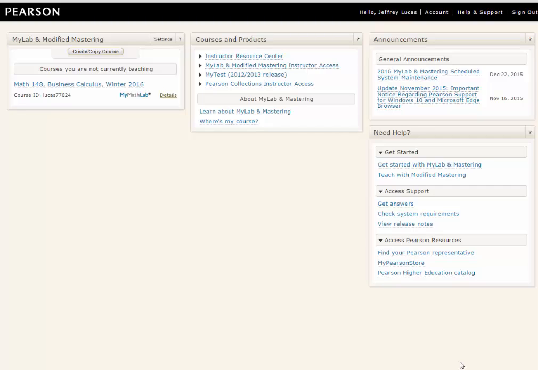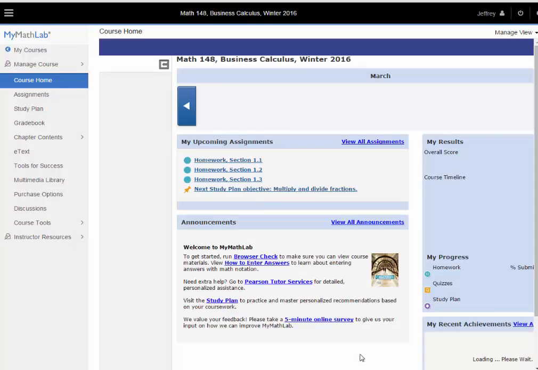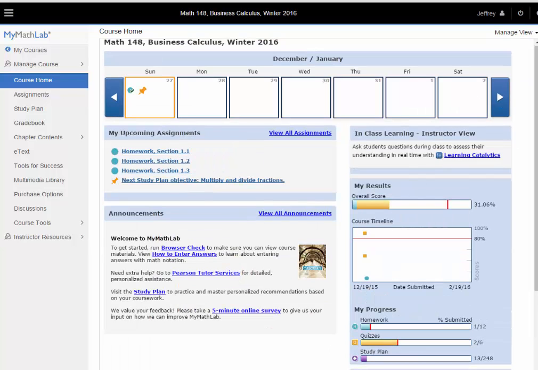So we're going to take a look at Pearson MyMathLab and see what you'll be getting into this quarter in terms of homework and quizzes and things like that. When you log into Pearson, it'll list your courses. So here we've got Math 148, Business Calculus. And we click on that, we'll come to the course page, which has some information, what the book looks like, things